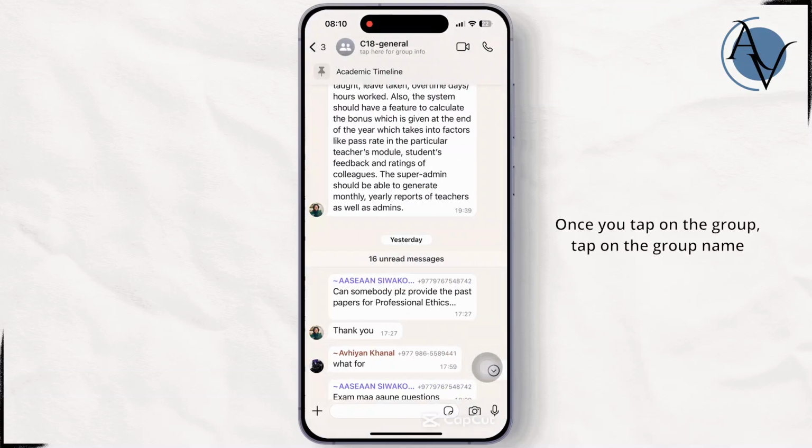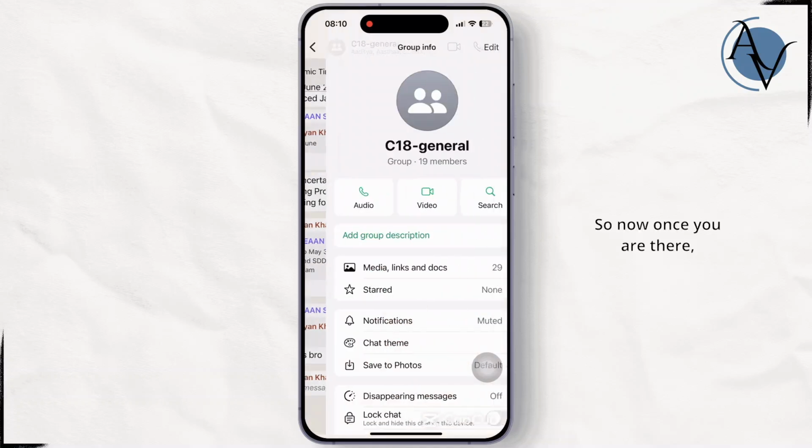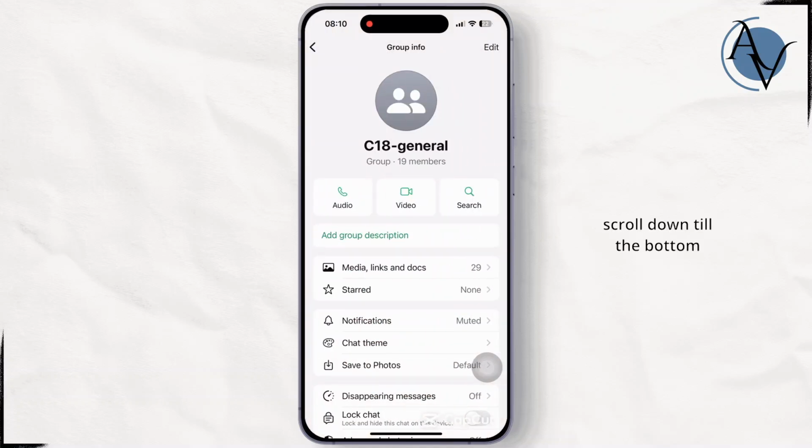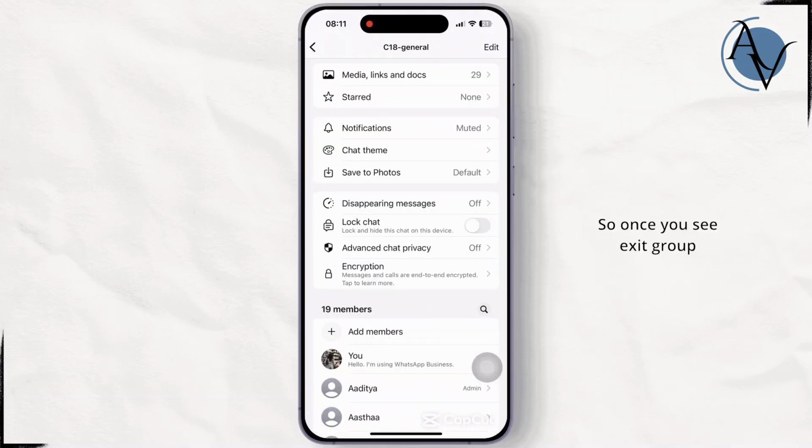And once you tap on the group name at the top left corner of your screen, navigate to your WhatsApp group settings. So now once you're there, scroll down to the bottom until you see the exit group option available there. Once you see the exit group option at the bottom, all you have to do is tap on the